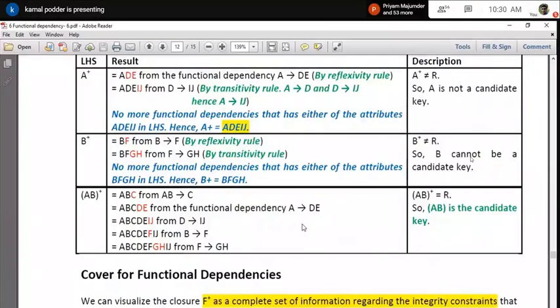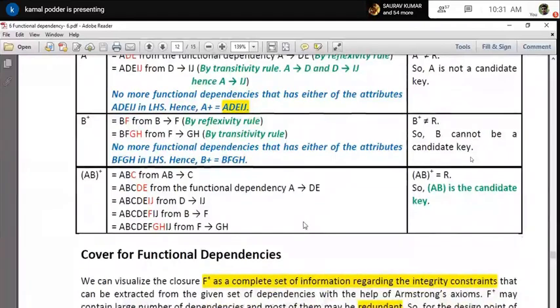That means when you are finding a set, not a single attribute, is a super key, then you have to check whether the subset of that particular set also satisfies the super key or not. If it also satisfies the super key, then the subset is the candidate key, not that set. So in this way you have to pick up the FDs intelligently and find that logic. It's very simple logic.